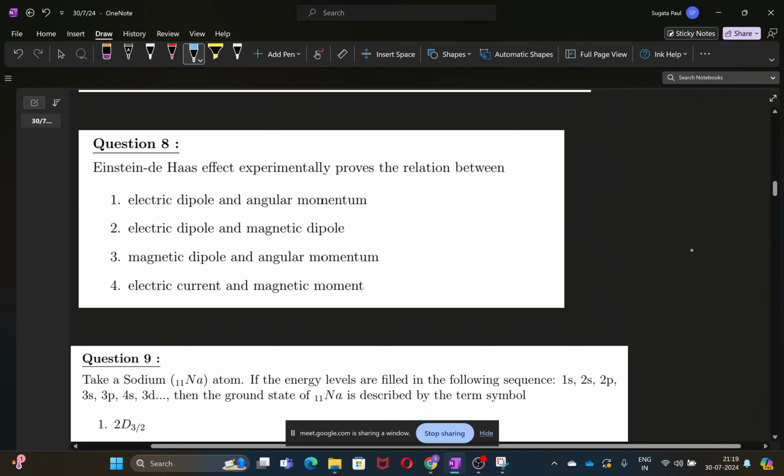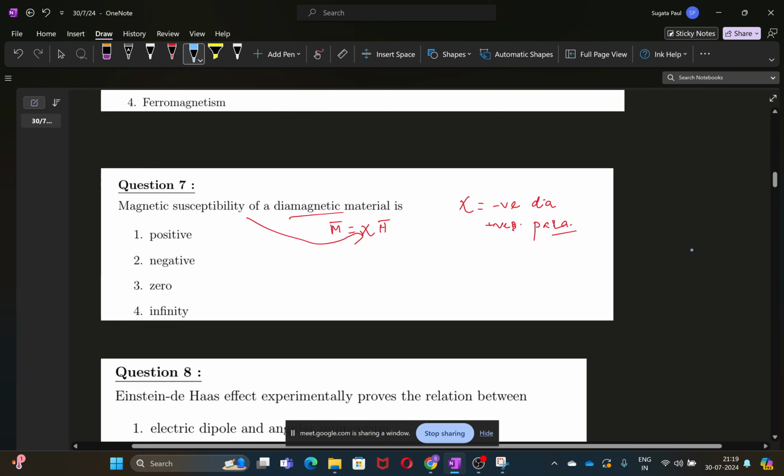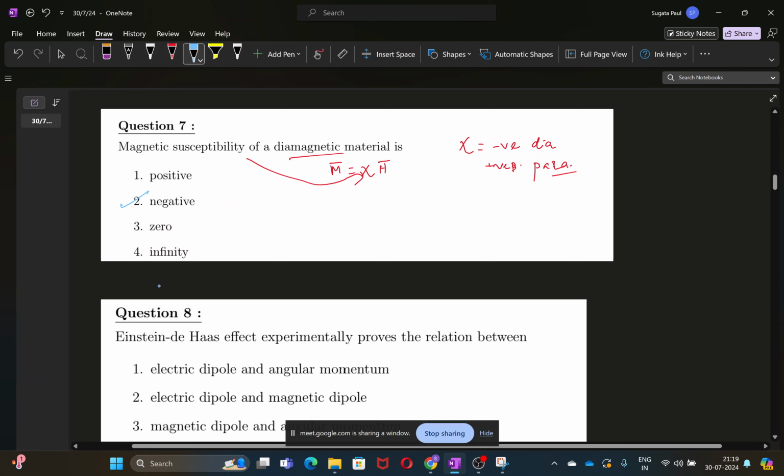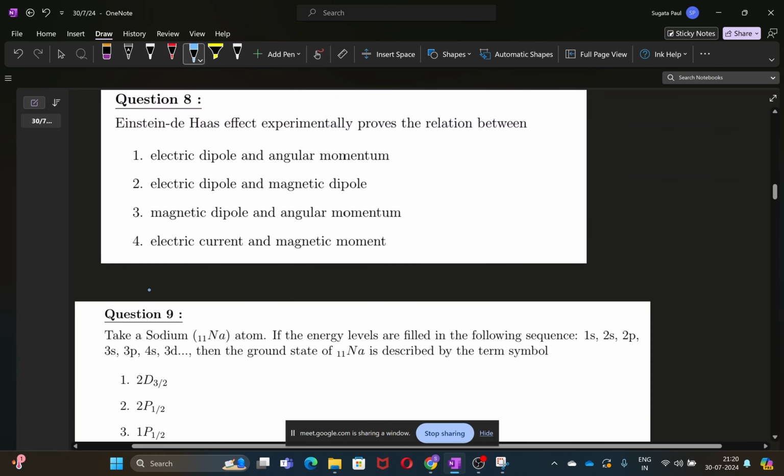So that was asked in the question, that the magnetic susceptibility of a diamagnetic material is of course negative. If the question was for a paramagnetic material, then you would have to choose positive. Okay. Then let us read the next question, which is question number 8. It talks about the Einstein-Dehaas effect and asks which option is correct: the Einstein-Dehaas effect experimentally proves the relation between which of the